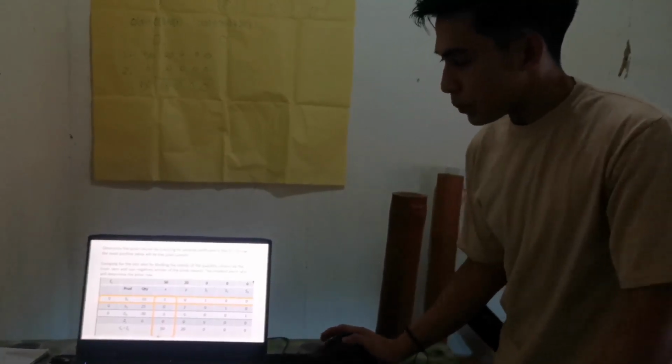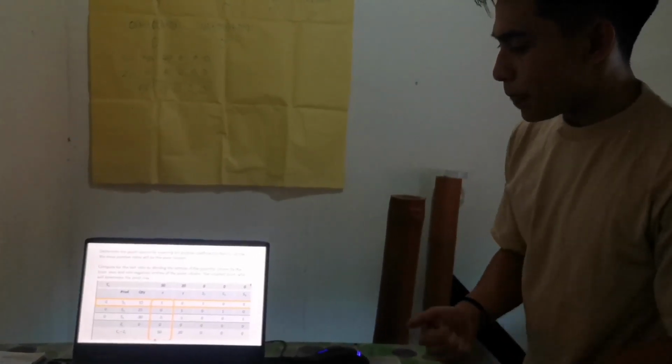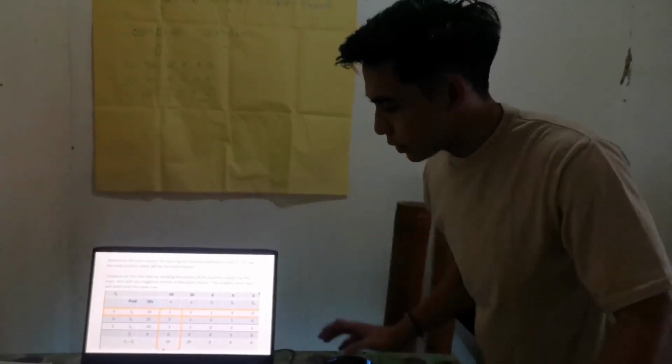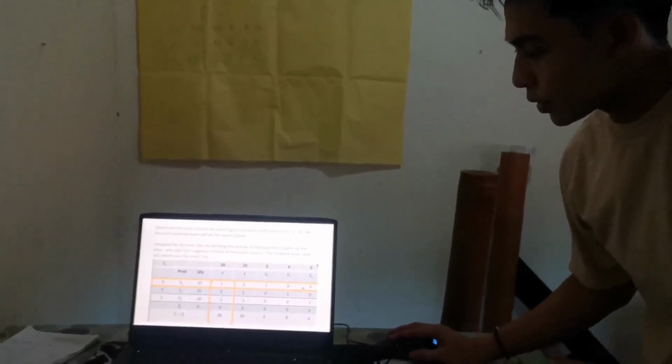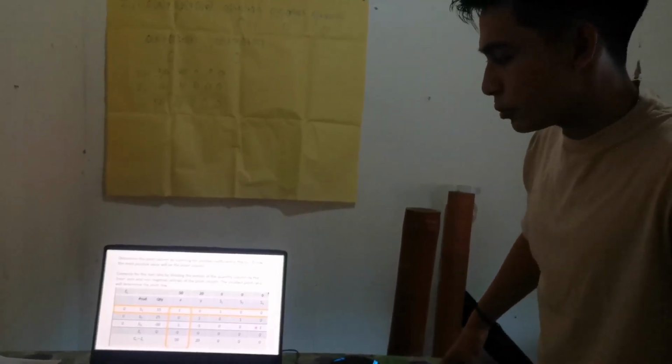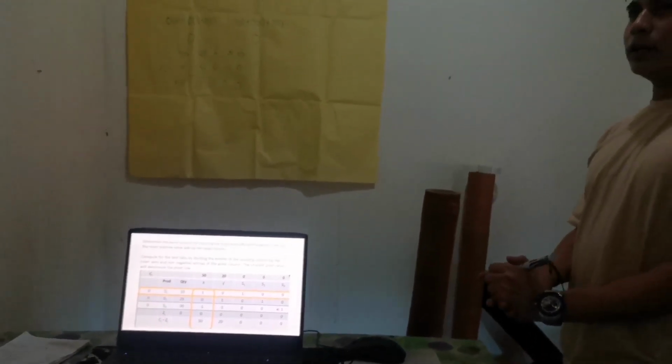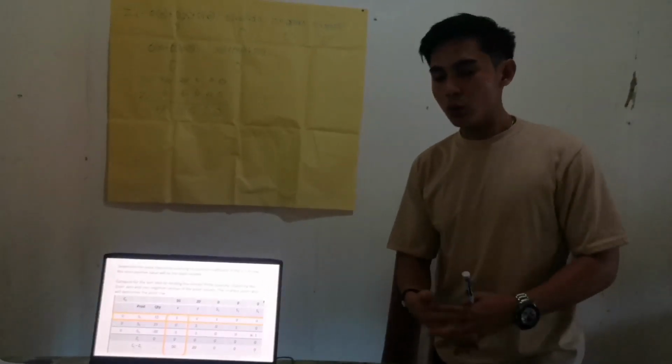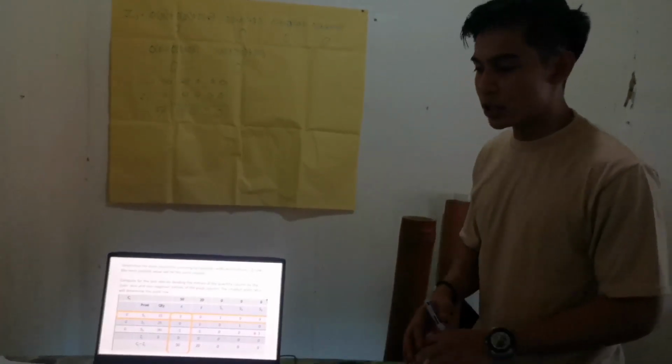And then, for this line, ito yung pivot row. So compute for the test ratio by dividing the entire quantity column by the non-zero and non-negative entries of the pivot column. The smallest test ratio will determine the pivot row. So identify natin yung pivot row na makita natin dito sa column na non-negative or non-zero. And meron din yung